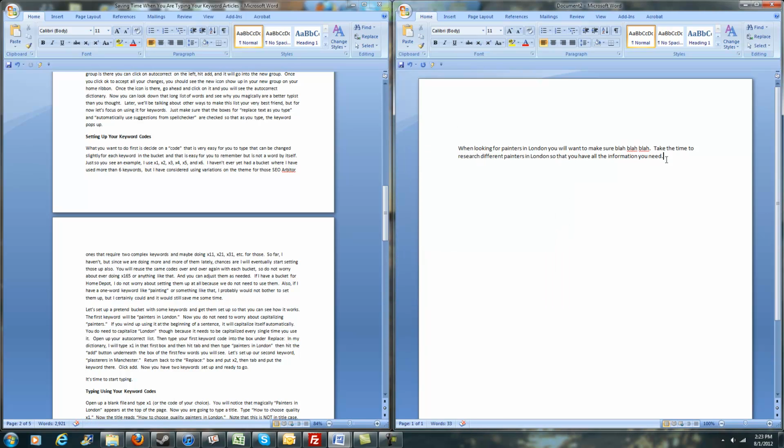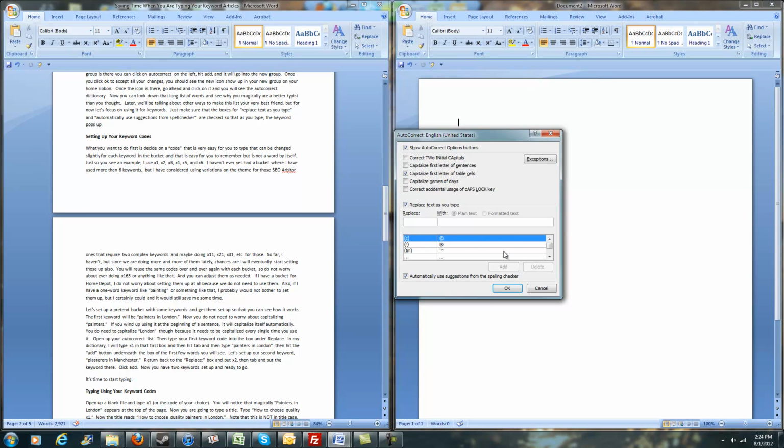So same thing. If you had these two keywords in an article, when looking for K1 and K2, you will want to do this. So you see how that works? If you have multiple keywords or long keyword phrases, it makes it really easy. Or if you just want an easy way to remember all 5 keywords, if you've selected a block of 5 or you have 5 keywords to write, at the very beginning, you can just come up here and type in what K1 is,